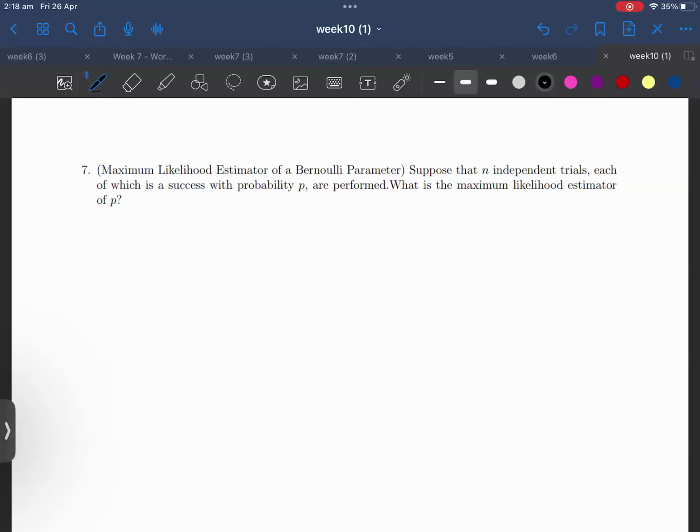So this question is likely theoretical. Maximum likelihood estimator of a Bernoulli parameter. Suppose that n independent trials, each of which is a success with probability p, are performed, and what is the maximum likelihood estimator of p? So in that case, we need to consider the random variable. So let's consider the random variables